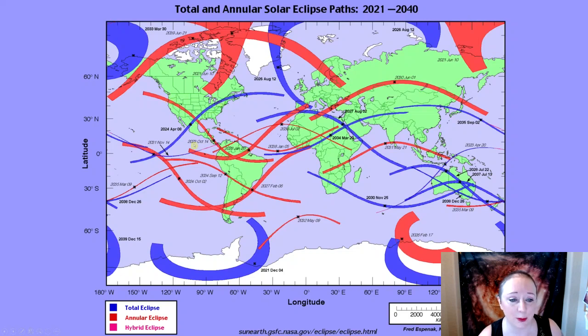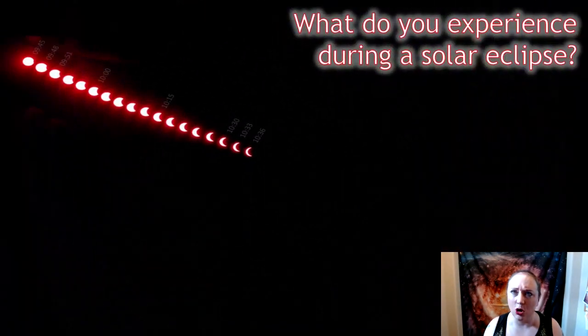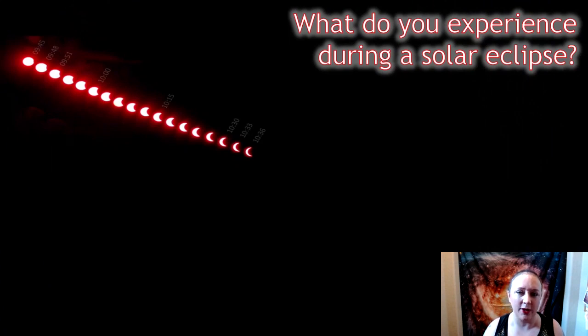This is an annular eclipse that happens in 2023, and where it crosses is South Texas. Where we are right now, you are going to get to see this. Okay, so let's talk about what you see during a total eclipse before we focus in on those specific eclipses